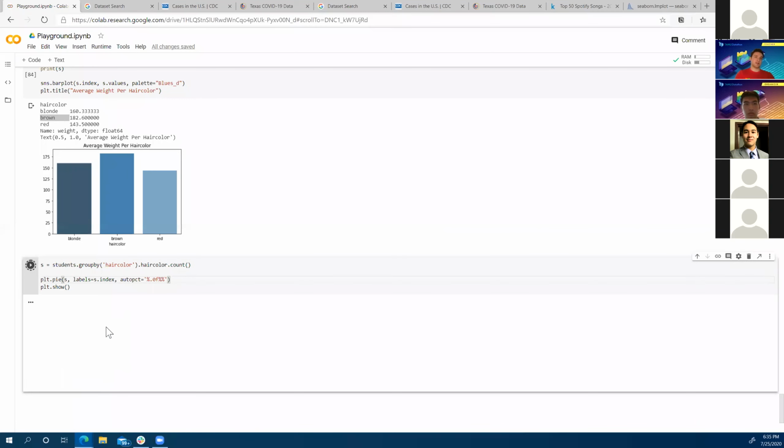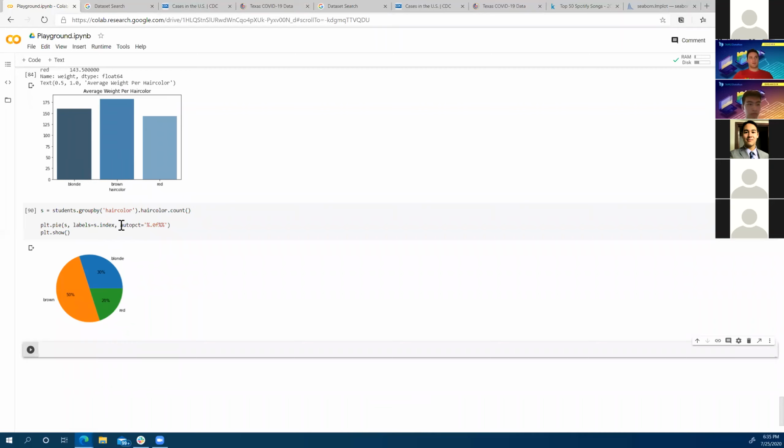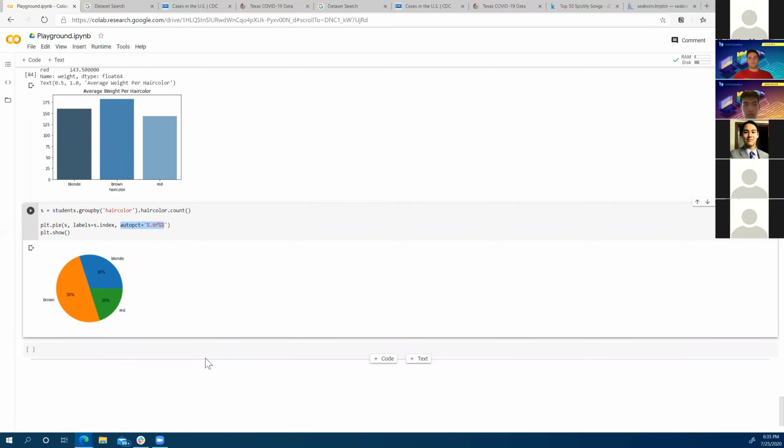But in this case, I just wanted to have integer number of percents. So I just said 0.0f. And I believe that the %% is an escape for the percent sign itself. And the percent sign is here, taking the place of where the number is actually going to come in. So this is what will be replaced. And yeah, the 0.0f specifies how many places after the decimal point. Are there any questions about that one? No? Okay.